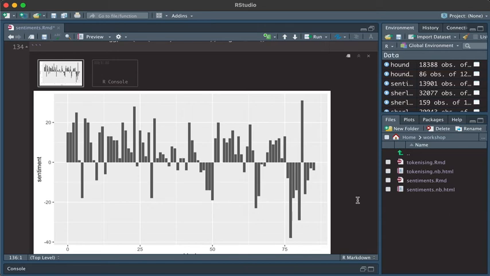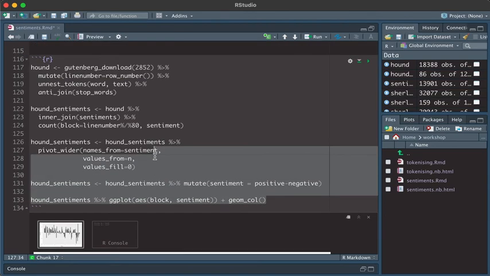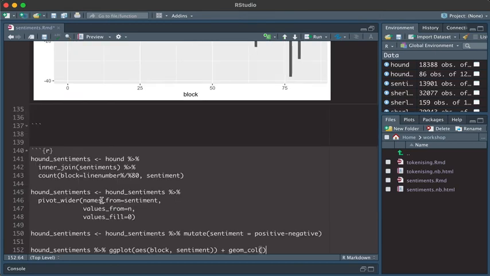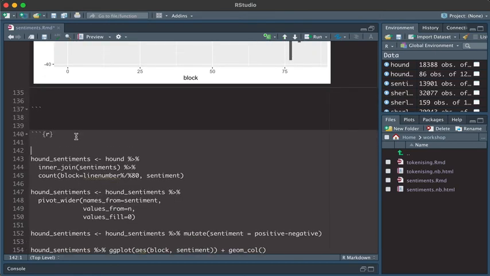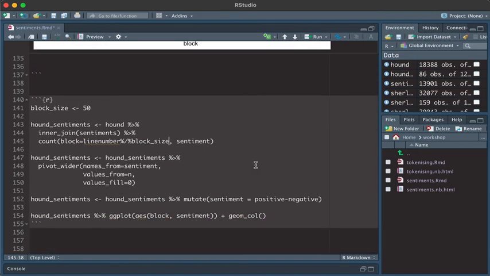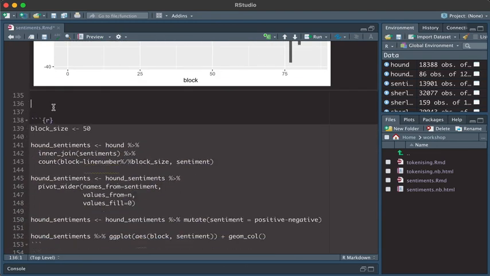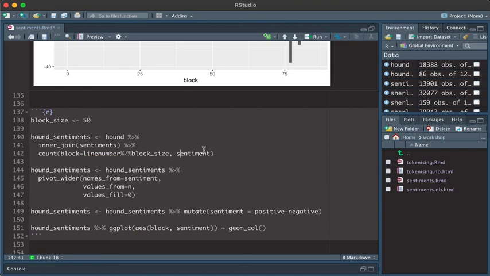Now let's say we want to play around with the block size. What I can do is I can take all of this text again, maybe from this point, because this is where we put the block in. Now if I want to play around with the block size, one way I could do this is create a block size variable. So set that equal to 50. And now here, instead of doing block equals line number divided by 80, I can do line number divided by block size. So let's try a block size of 50, and now let's run this through. And now if we run this,